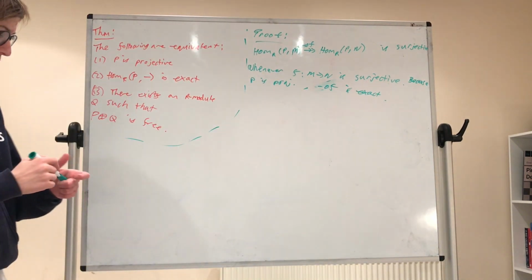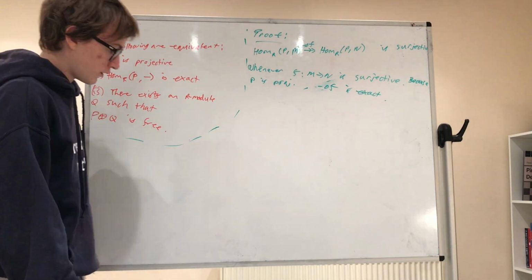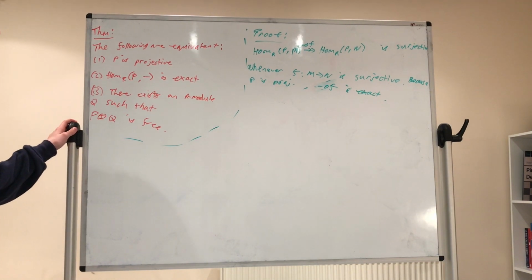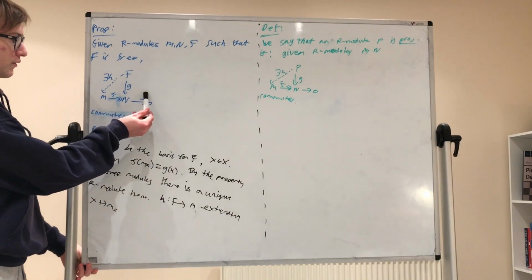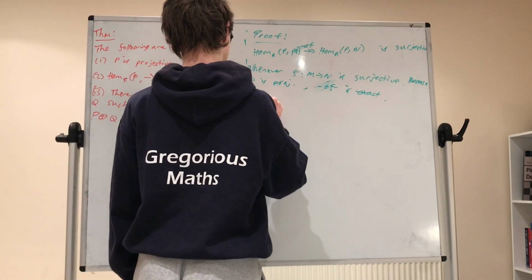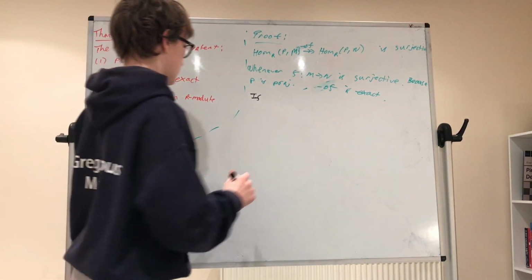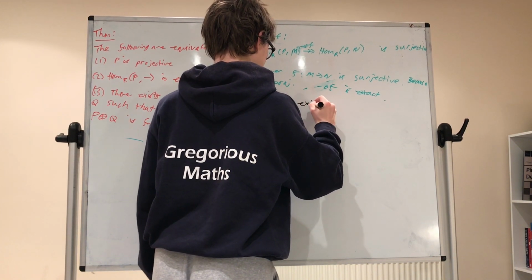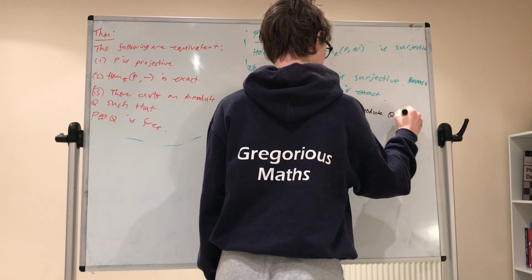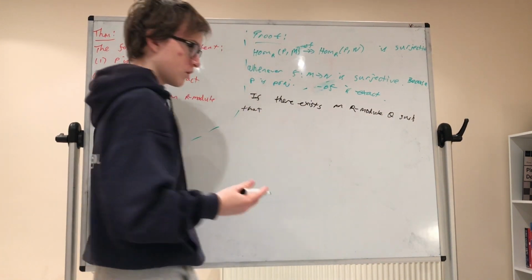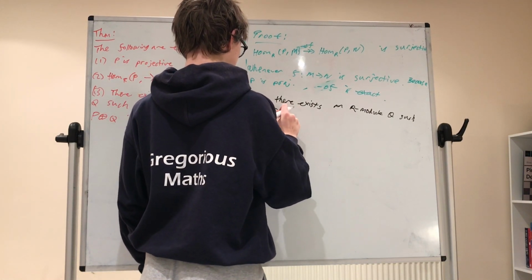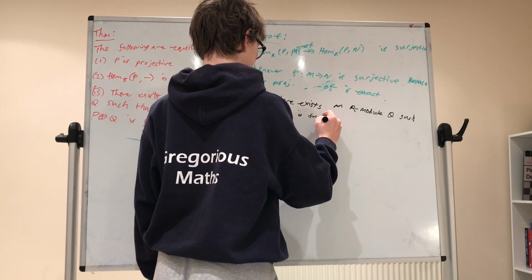Okay, so that was a nice one, but my favourite version is number 3. So I'm going to give it a whole new colour. I'll give it the black colour. Number 3, I like this one. So, let's do this. So, by this right here, if there exists an R module Q such that P direct sum Q is free, then